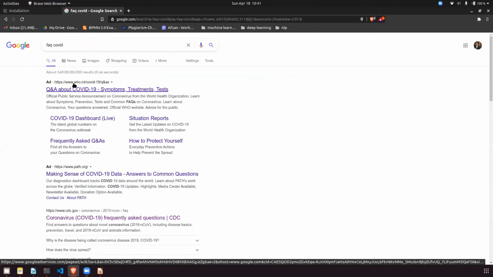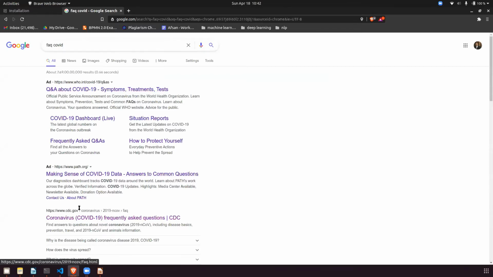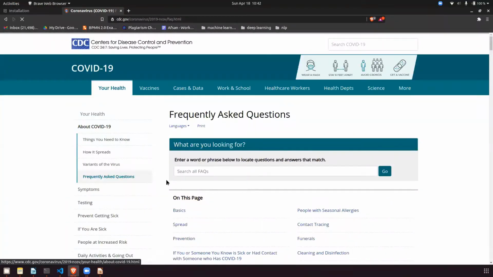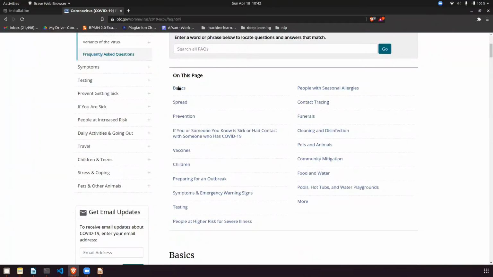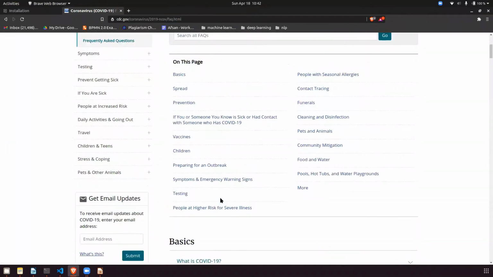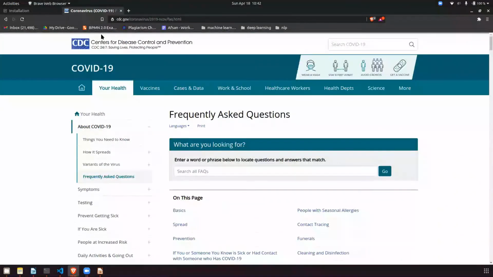You can check the WHO link, you can check the India government link. I have taken the data from CDC. Basically, you have to understand what different questions people can ask. So you have to do a lot of research, depending on what people can ask and what language they can use, and stuff like that. It's totally up to you.